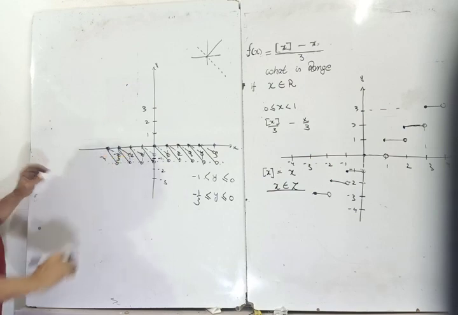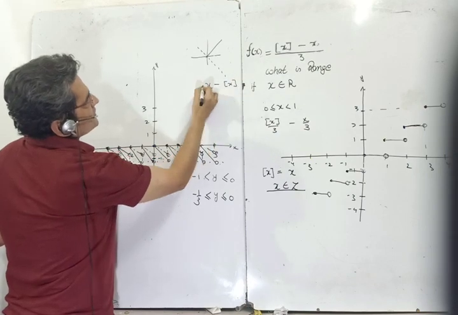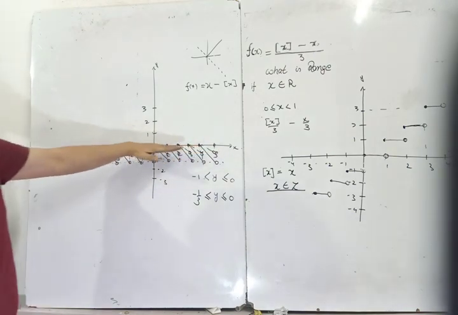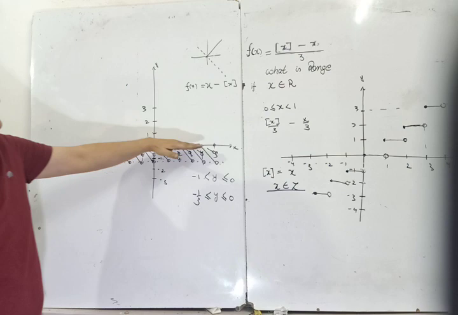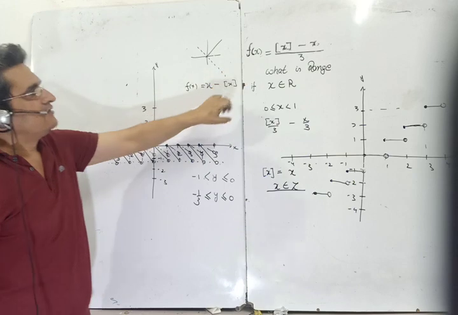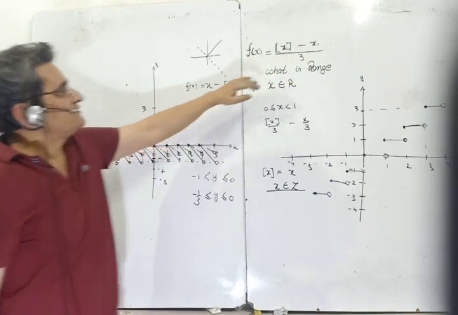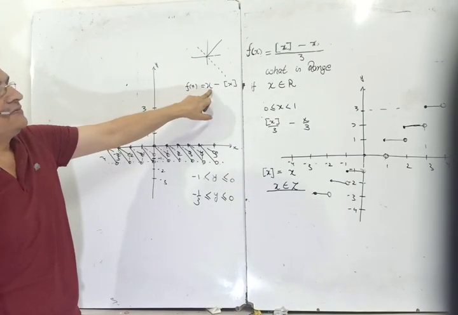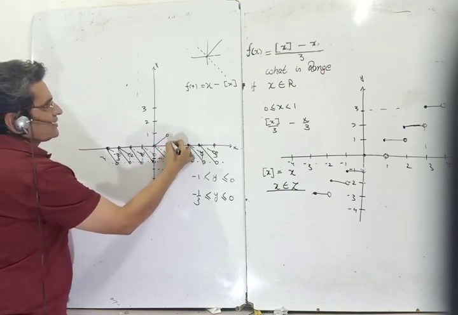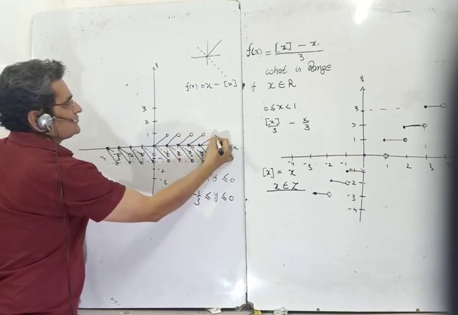Now had it been x minus box x, suppose this had been the function, again at integers it would have been 0. Now forget box x, I have taken x minus box x. Now the other function is x here, other than box x. Here it was minus x without 3, now it is x. Here the slope will be 1. So here the line would have gone like this, slope of 45 degree, and this way it would have gone.